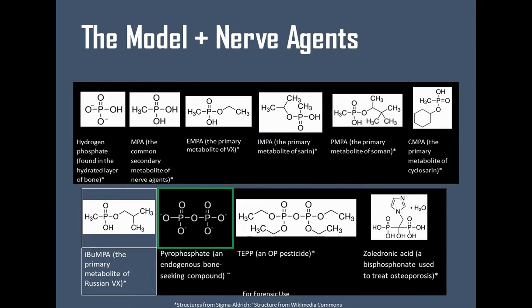We also have the pyrophosphate. So pyrophosphate is one of the most common species in the bone and a bone-seeking compound. And then we also have TEP, which is triethyl pyrophosphate. And so you can sort of see that similarity with that organic pesticide, where its structure is very similar to that of pyrophosphate. And there's also a drug that's used to treat osteoporosis, zoledronic acid, which is a bisphosphonate and